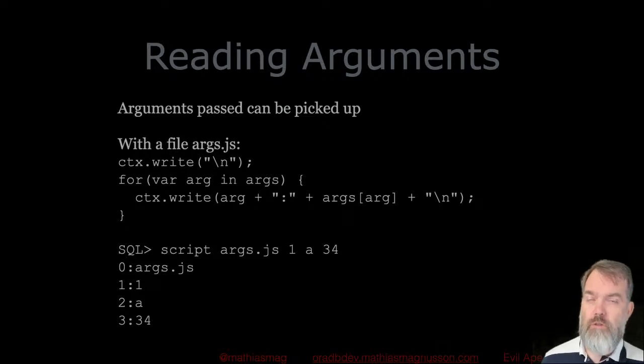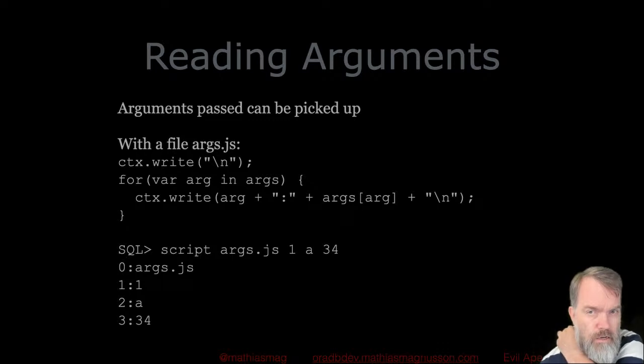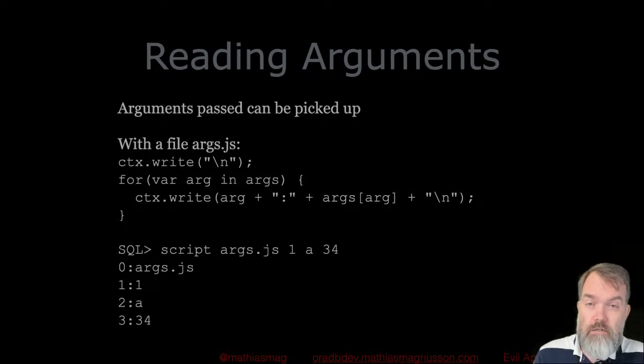Right, so back to the arguments that we want to read in. Here we have a for loop. It loops over the arguments that were passed in, and it just prints them out. And after it, we see an execution of it. I just ran it, entered a few arguments on the line. It prints it.